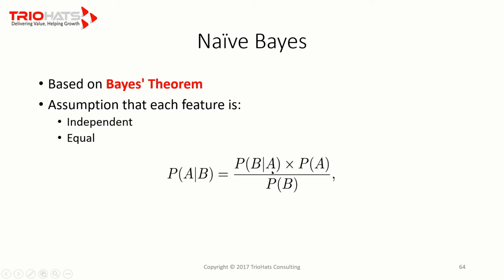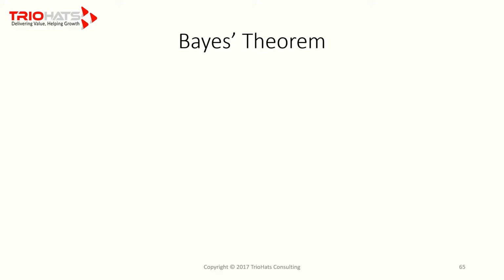B given that A has already occurred, and we multiply it by the probability of A and we divide it by the probability of B, and this tells you the probability of A given that B has already happened. So this is the Bayes theorem. And now let us take an example and see what the formula looks like. So let's take this with an example.